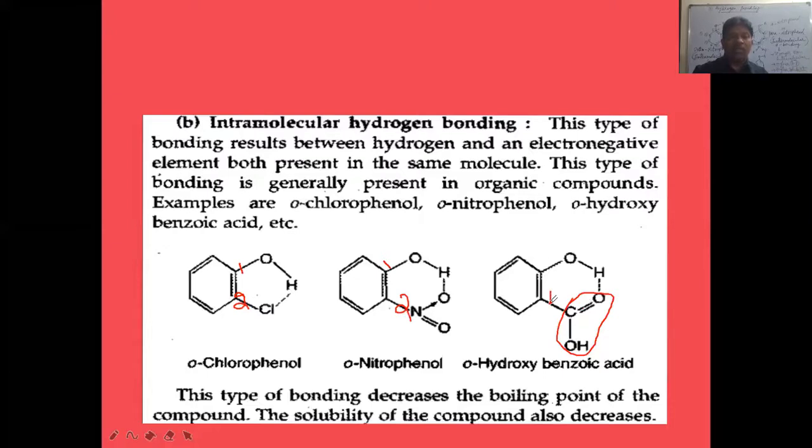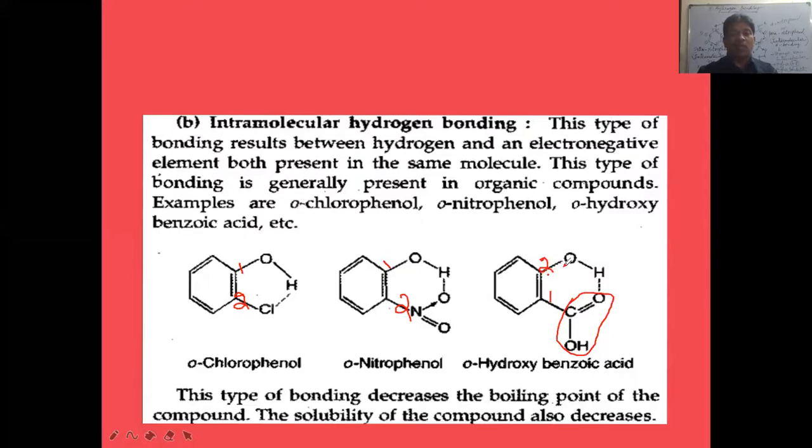This is the first carbon now. Then this should be given the second carbon. So at the second carbon, an OH group is there. This OH group is called hydroxy, as hydrogen and oxygen are there. The other one is called carboxy, as carbon and oxygen are there. So it is the carboxy group. It is the hydroxy group. So the carboxy group should be given more priority, and this carbon of the benzene should be taken as the first carbon. This carbon of the benzene should be taken as the second carbon.